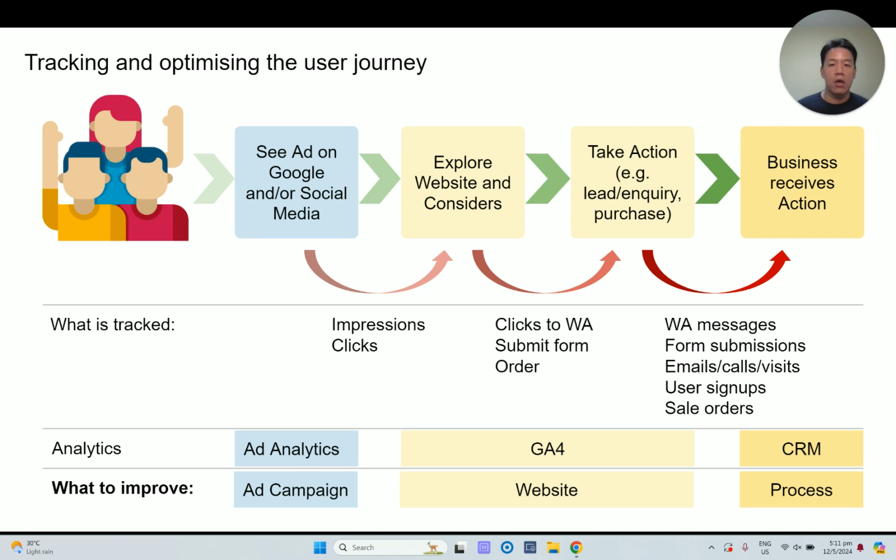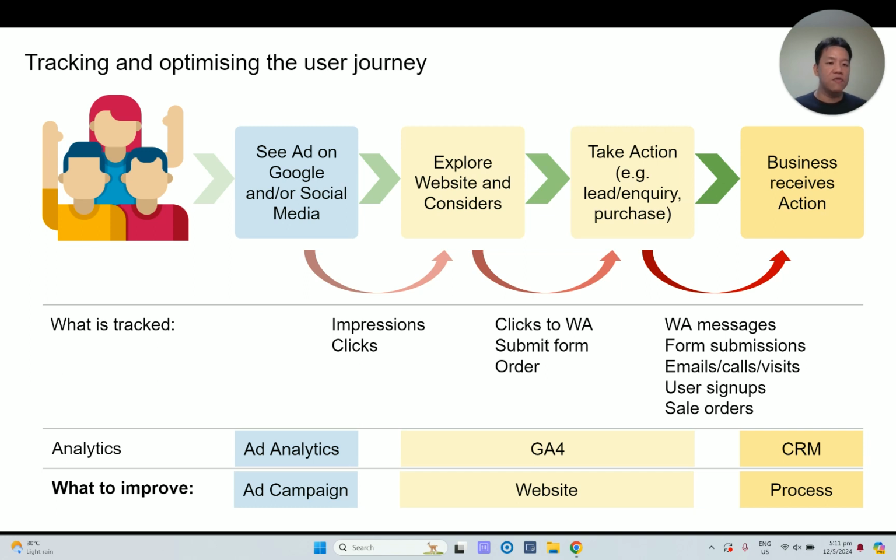Now, even for some B2C businesses, if your services or solutions are customized or a big-ticket item that people are less likely to buy online, it could also be a form of lead or inquiry. Usually, it would be some form of appointment booking or a submission of a request for a consultation call, and so on and so forth. So once an action has been taken by the user, typically this